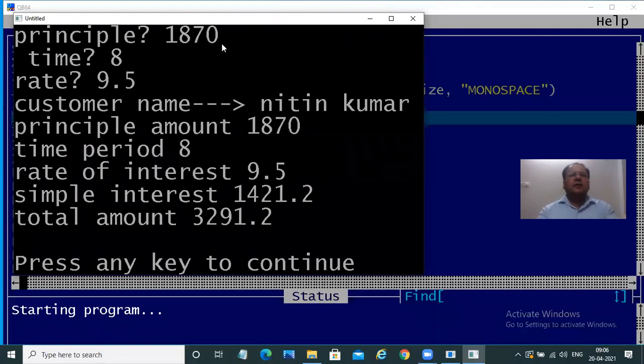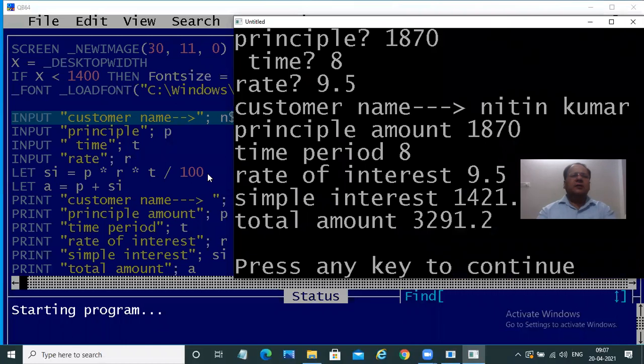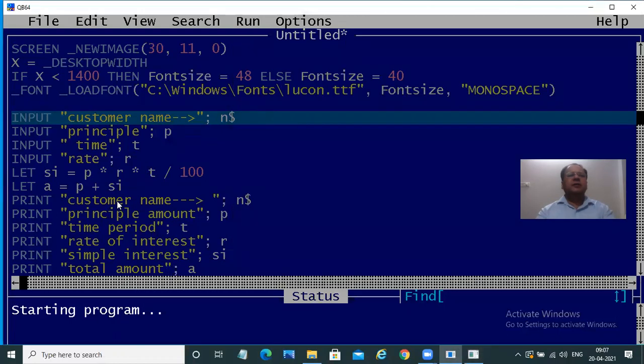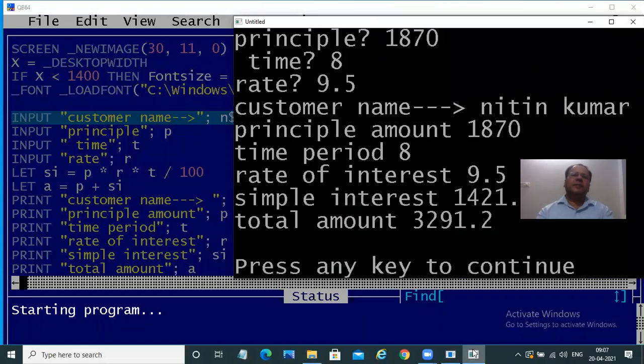You'll see customer name Nitin Kumar, principal amount, time period, rate of interest, simple interest, and total amount. So this is what I have executed, and I am showing you. You can correlate and see accordingly. This is your input statements. These are your print statements, and you can see it very clearly and specifically.